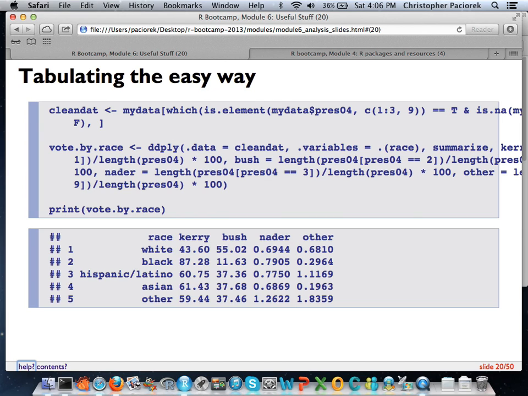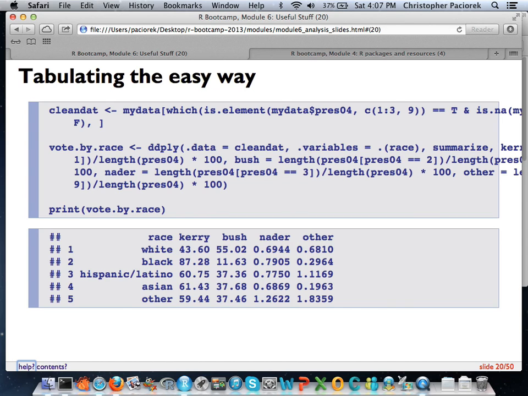And what I'm doing here is I'm applying this magical function called ddply to my data. It's going to split up the data on the basis of the different values on the variable race. I'm going to put in this function that I want to apply, which is called summarize, which we'll go over in a second. And then I want to create these different columns, which you'll recognize are all the same statistic that we've been calculating in the previous examples. And in just 3 total lines for this, albeit one bigger one here, we get the exact same result in a nice little table.